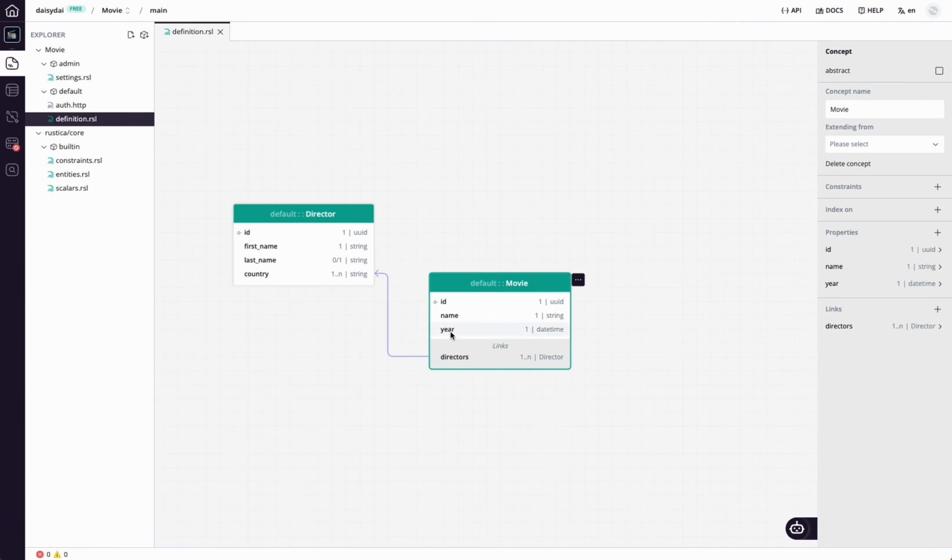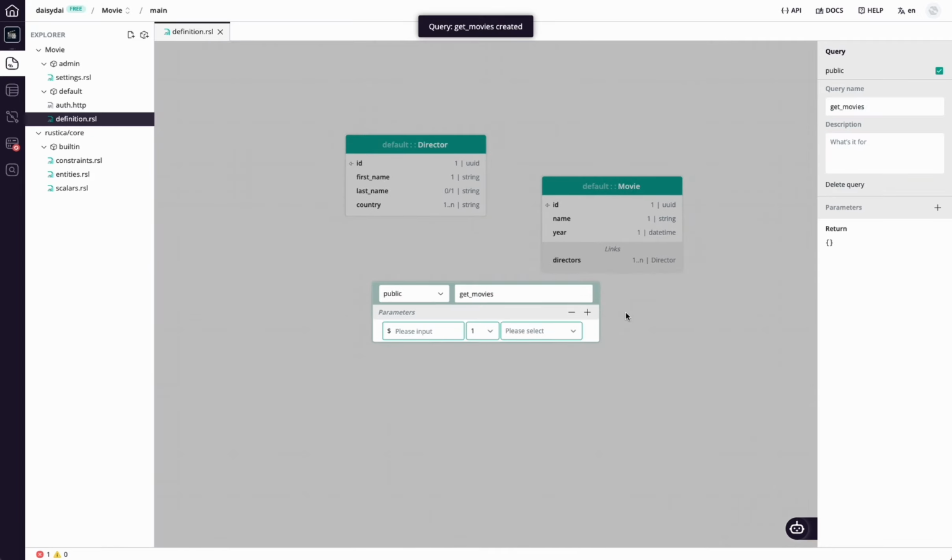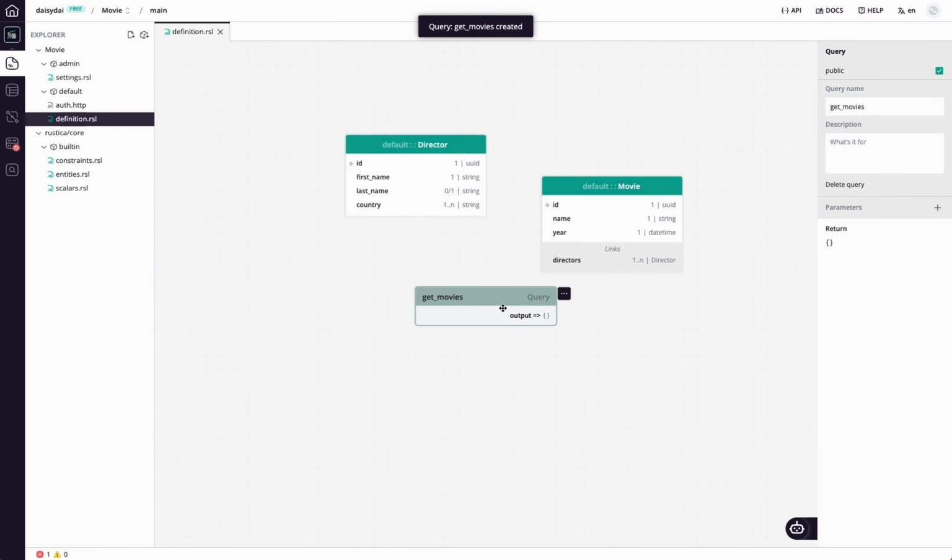Next, we want to create an API to retrieve all the movie information, including the movie's name, release year, and the details about its directors. So first, we create a query by the right-click menu and then double-click the query widget to enter its definition